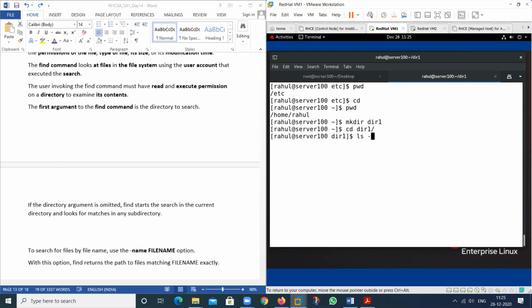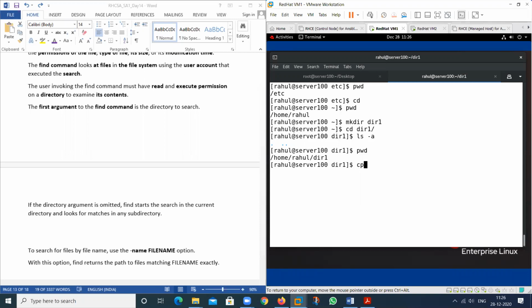Then see here, one more command, ls -a. See, we have single dot and we have double dot. At this time, in which particular location am I? In my current location. This is my current working directory. So this current working directory is denoted by a symbol called single dot. If I want to copy some data into my current working directory, we don't need to provide the full location of my dir1 directory.